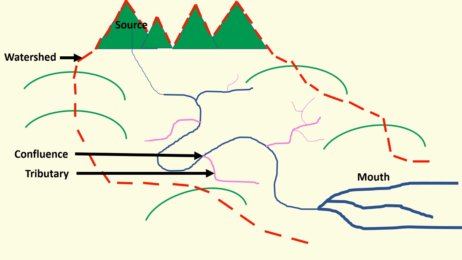Okay, remember, any rainfall that falls within those red lines, that imaginary watershed, will flow down into this river, which is this drainage basin. So just a reminder, the watershed is an imaginary line that separates one drainage basin from the next. The river, which is the blue line, is fed by the rain that falls inside the red dashed line, and this area is called